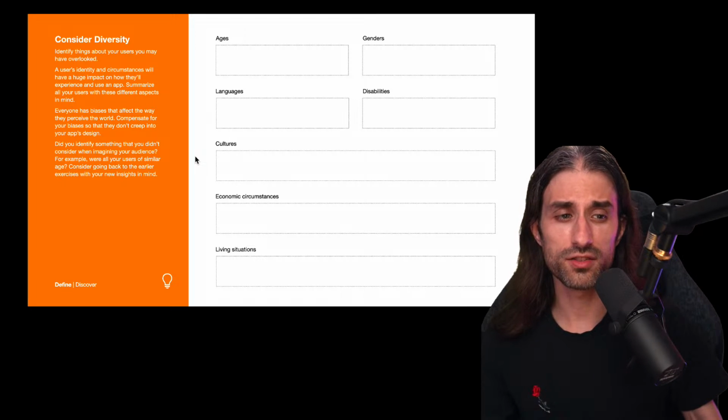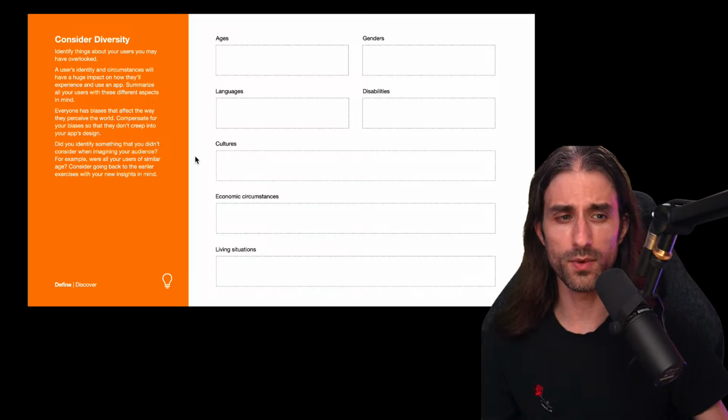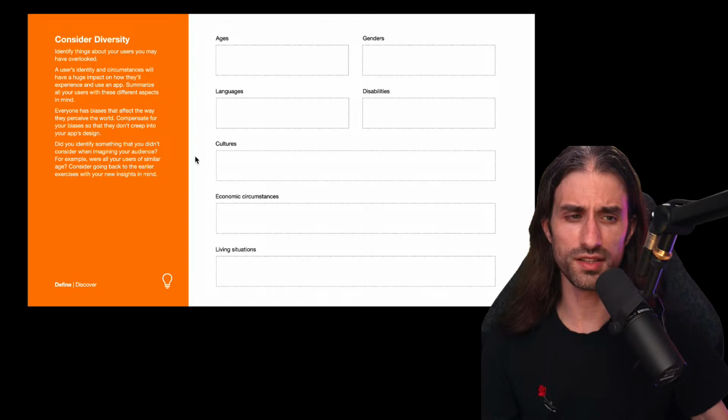You might want to exclude some parts of the equation at first. For instance, let's imagine you're an American. Maybe you might consider, okay, I'm going to consider that my app project is just for the US. This way it simplifies a bit. It doesn't necessarily simplify everything in terms of language, for instance, because in the US, many people speak Spanish. So you still need to take that into account.